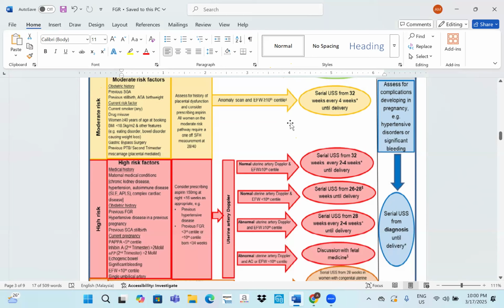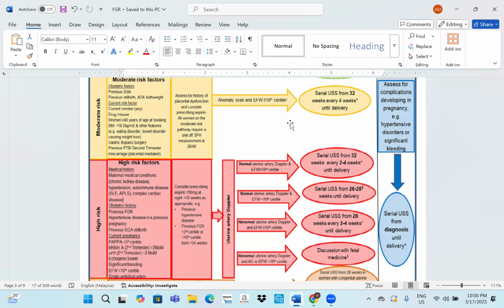Whether you will be asking about hypertensive disease in previous pregnancy, previous SGA, stillbirth. Now, I'm just telling you for the purpose of the history taking. Okay, so how you will do the history taking? In the current pregnancy, you will ask, I want to know about the antenatal screening for Down syndrome, if any is done on this patient. So for that, you will be asking about the PAPP-A, pregnancy-associated plasma protein A, inhibin. If there is any echogenic bowel, they can give you a scenario like this as well, that on anomaly scan,